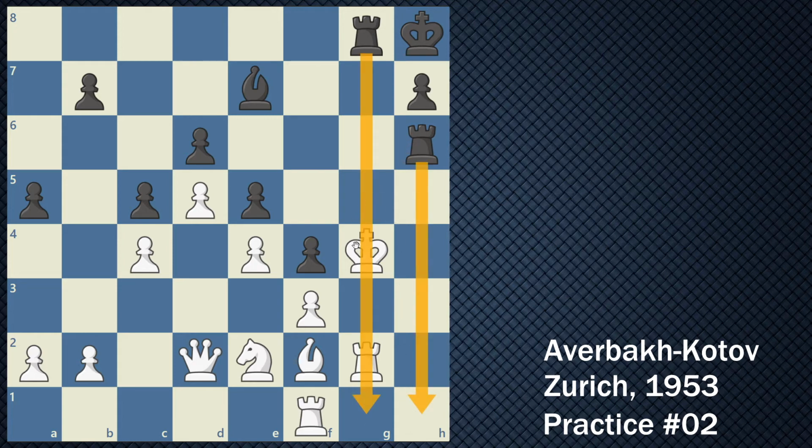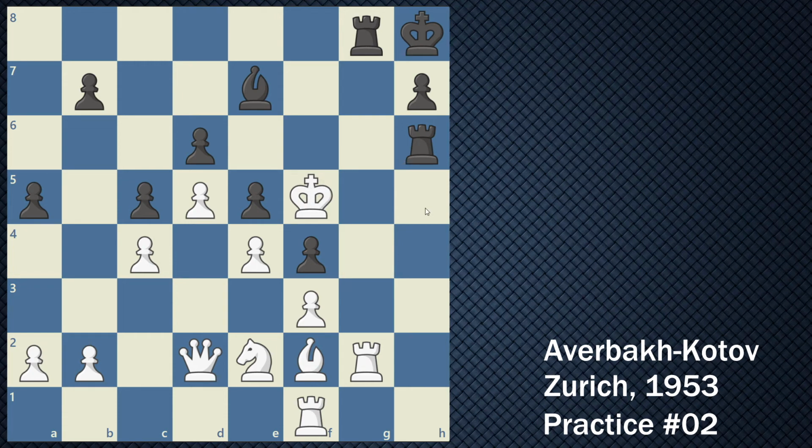And of course, the king can only have one square to go to. It can only go to f5. And when the king moves to f5, the ultimate checkmating move is going to be rook to f6. This is probably one of my most favorite examples that I like to show to new students because it shows